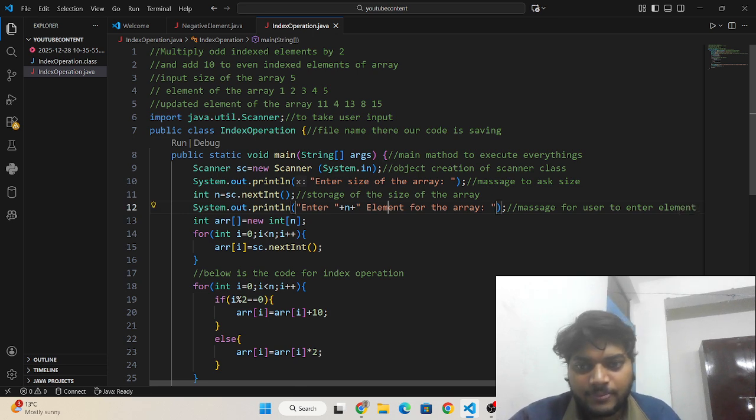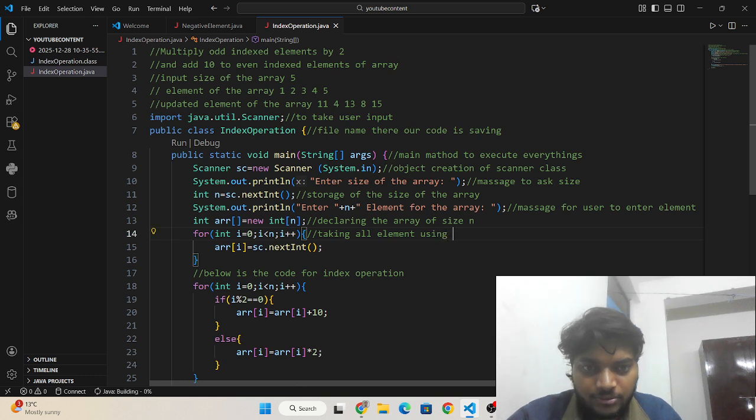Okay, and here we are declaring the array of that size and taking all elements using a for loop.